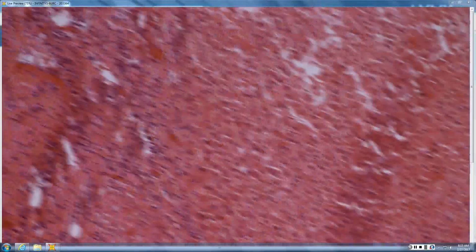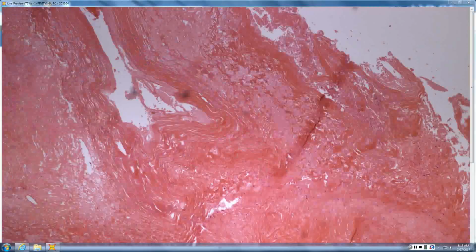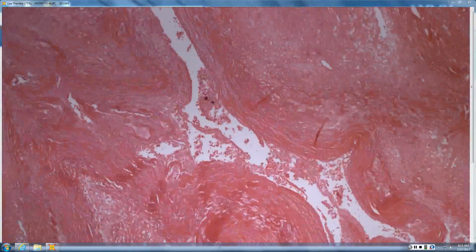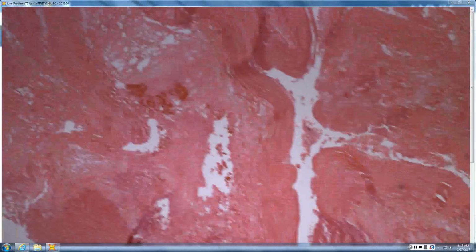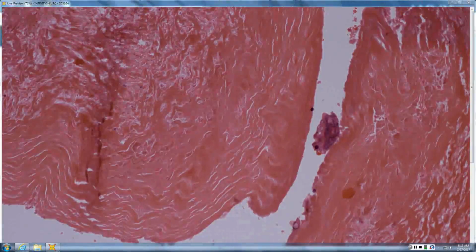We have all the calcified areas. Oh, that would be a shame if that's the best one we had. What's that one at the edge? They are circular rings of hooks, basically. So that would tell you this is a hydatid